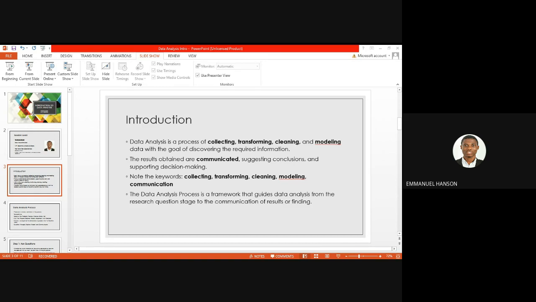You do that either by sending a questionnaire, or you go to them and interview them with an interview guide to get some data from them. Once you get the data, that is the collection stage. Then you transform the data into a form that fits how the software you are using will be able to work on the data to get the information